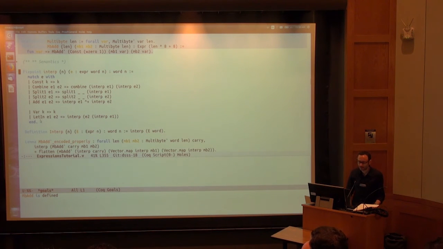The let-in case has a little bit of a twist to it. We interpret the expression we're giving a name to, and then we pass that as an argument to the body. Recall the body of a let-in is a function from a variable standing for the new thing we created into an expression for the body. So we take the interpretation of the thing we're defining, and we pass it in as an input into the body E2, and then go on and interpret that. And then in the end, we can take an